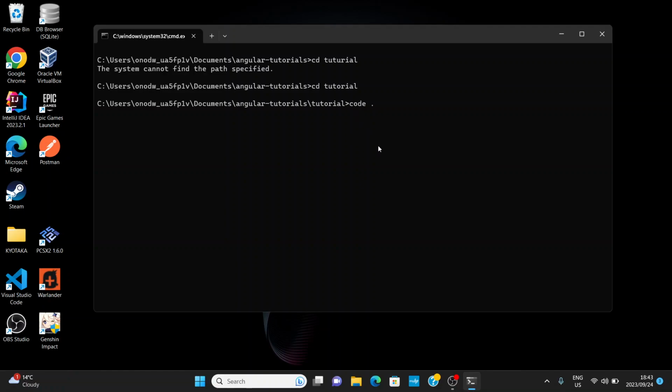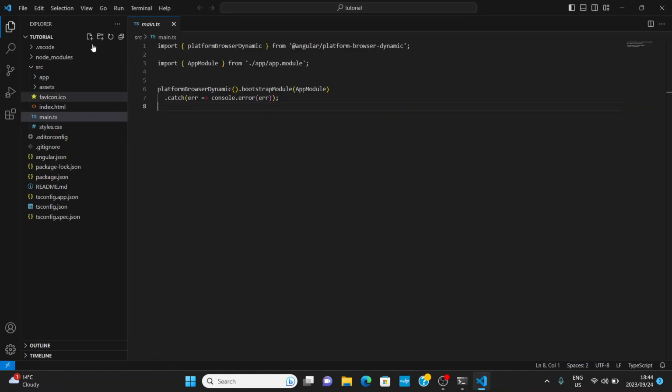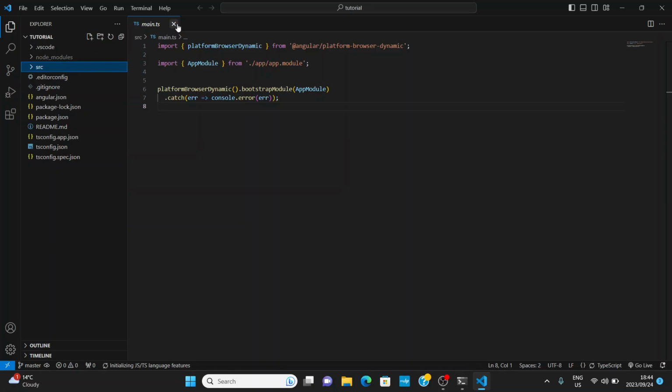Code. And well, you can open your own editor. You can open Atom if you like. You can open Sublime. You can open an IDE like IntelliJ. That is up to you. So I'm just going to open it in VS Code, and what you will see is